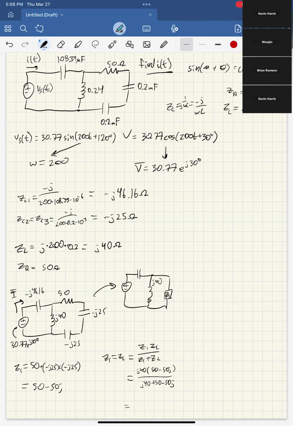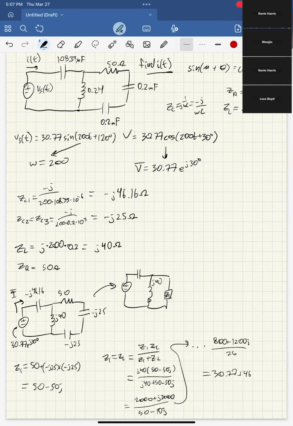And that equals 2000 plus J2000 over 50 minus 10J. And then you can simplify this a whole bunch. You have to multiply by the conjugate of the denominator. I'm not going to go over this because it's just a pain, and if you don't know how to do it, find a YouTube video telling you how. But anyway, dot dot dot, you do some steps, you can divide everything by 10, multiply by the conjugate, 800J over 26, and eventually you get 30.77